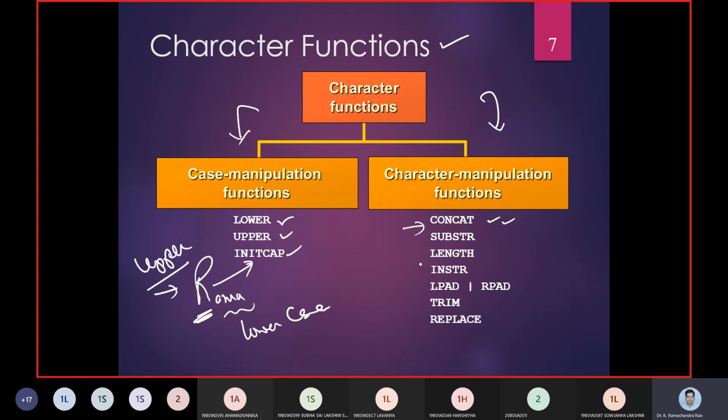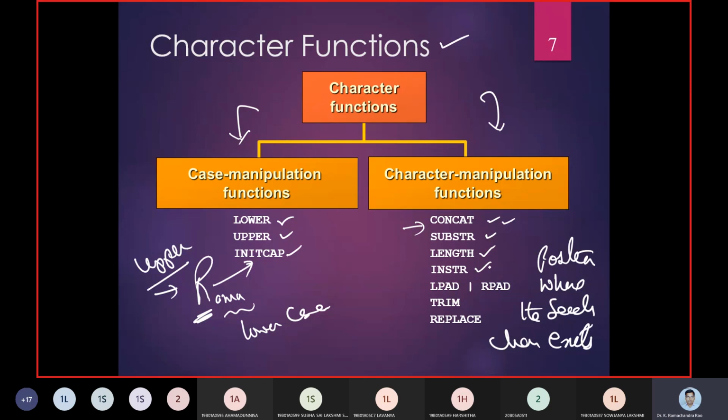If we want to find some substring, say I want to have it from the fourth location of a value, then we will be using the substring function. And I want to identify how much length that attribute is going to have, the length function displays the length. We will check whether in a string such an element exists or not, at what position it is going to exist, the position where the search character exists. So we need to identify that; for that we are going to use INSTR.